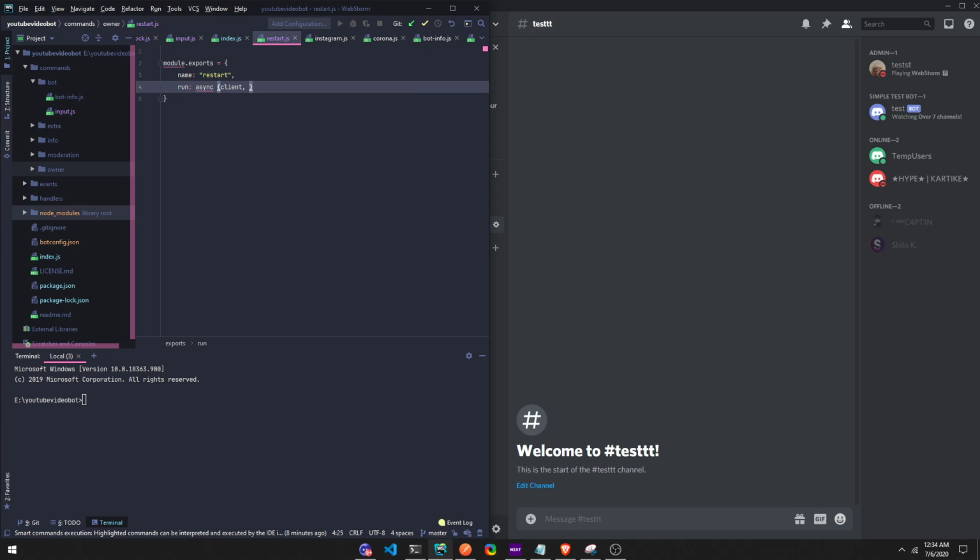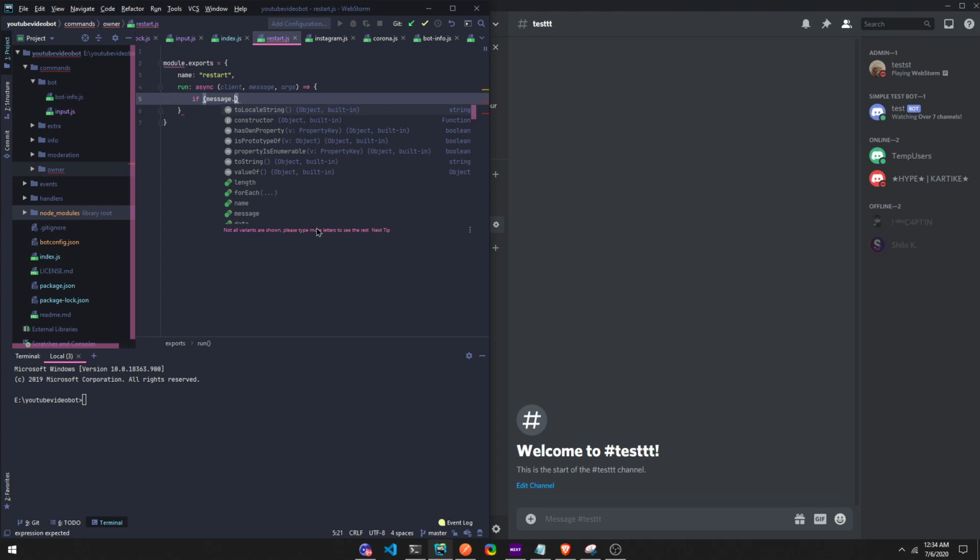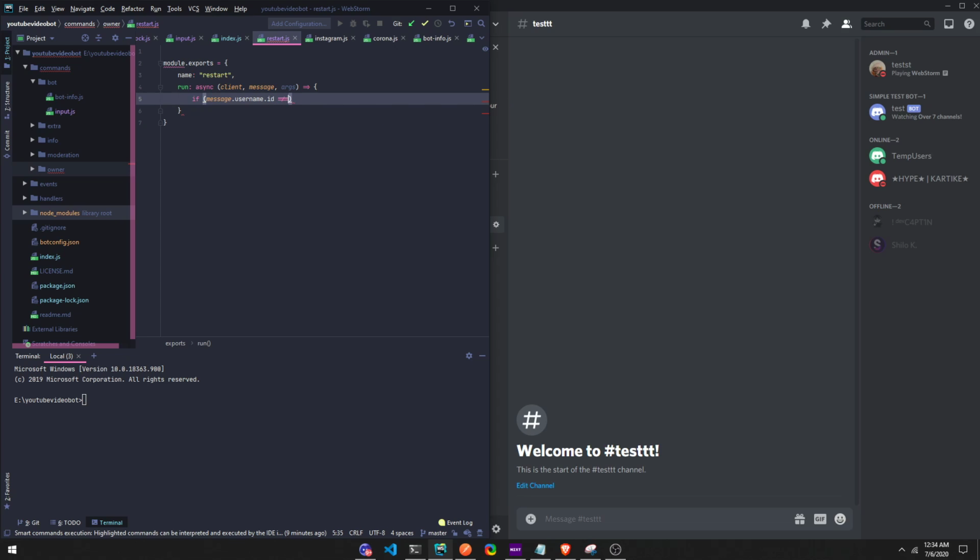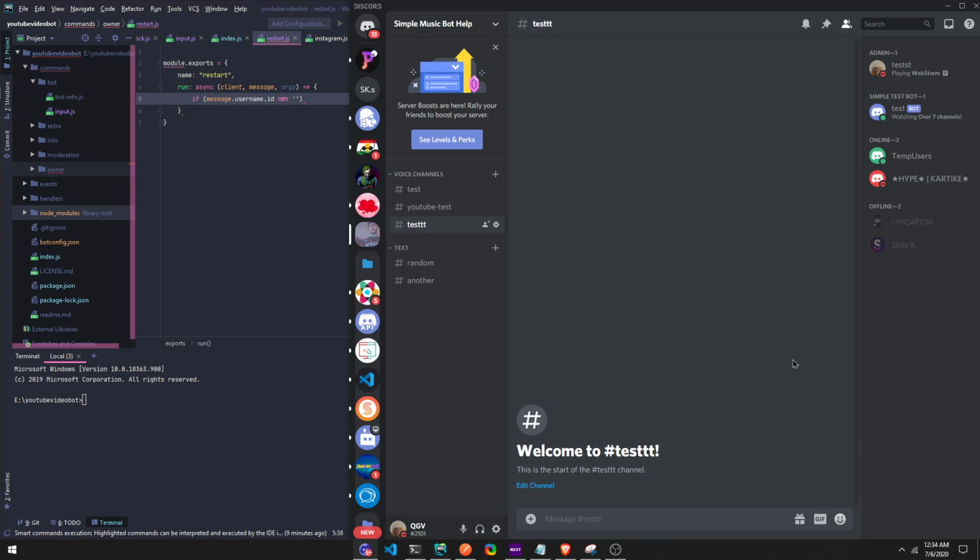Client. Run an arrow function here. So now you're gonna want to add an if statement. So you're gonna put if message.user id does not equal to, so if the username does not equal to this ID right here,